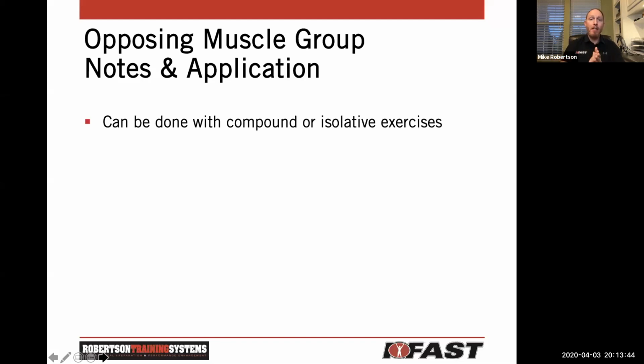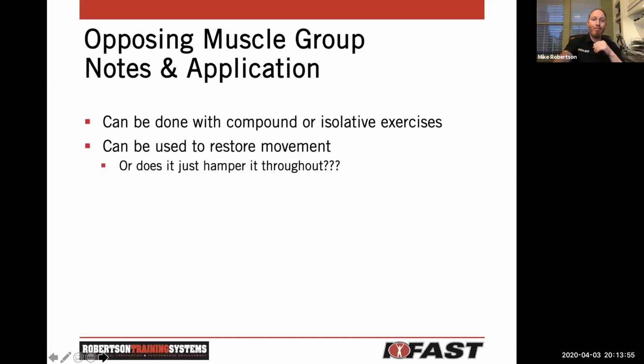So a couple pieces of notes. This stuff can be done with compound or isolative exercises, so it doesn't just have to be big stuff. It can be little stuff like your arm work at the end of a session. Here's the cool thing though. It could be used to restore movement, or it could potentially hold back your movement